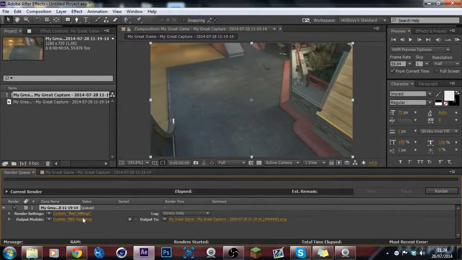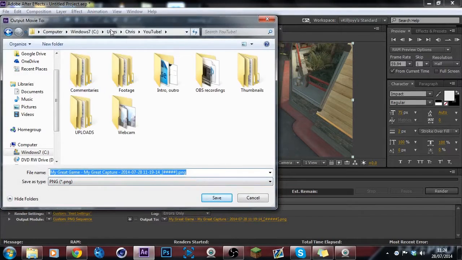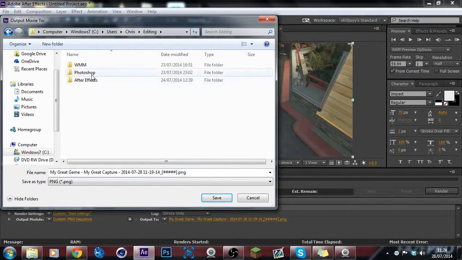So yeah, make sure it's PNG and it's on 59 frames, or if you recorded it in 29 frames per second, then you wouldn't do any skip when you're previewing, and you'd put it as 29.97. And also when we go later on, and if I say like 59 frames per second on Cinema 4D, then you know put it onto 29 or whatever your actual frame rate is. So we're going to go over here. I have an After Effects folder with Cines. Make a new folder. I'll do